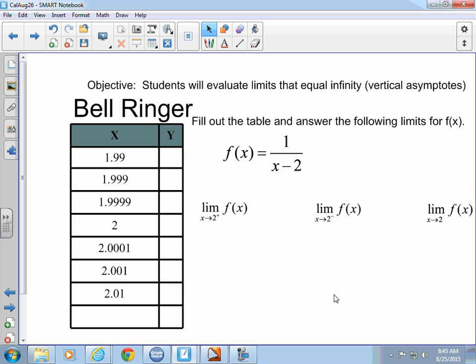So it appears that from the, what side is this? From the left, we are approaching negative infinity. It appears from the right, we are approaching positive infinity. And it appears from both sides